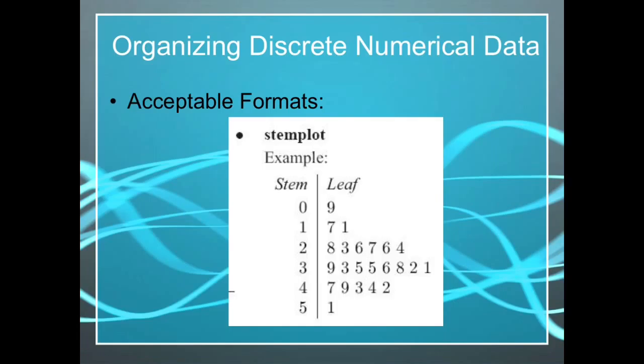And last but not least, a stem and leaf plot. I want to make sure we're comfortable with this and how to read it. So the stem is the tens unit, sometimes hundreds unit of the number, and the leaf would be the ones. So for the first number, the 0 and the 9 would be the number 9. The next number, 1 and 7, would be the number 17, and then 1 and 1 would be the number